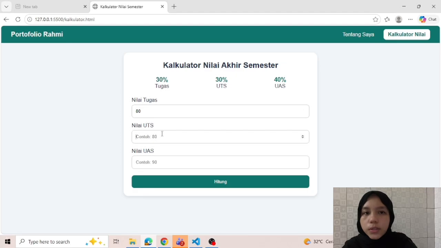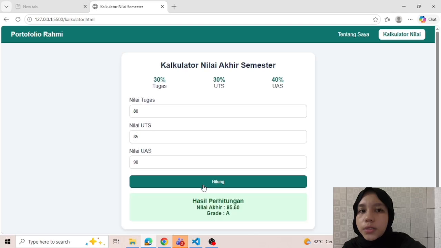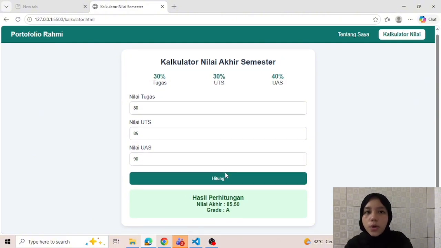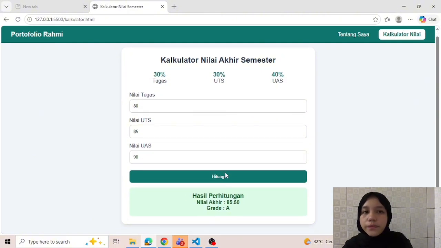After clicking the calculate button, the program processes the data using the formula that has been defined in the JavaScript code. The formula used is assignment score multiplied by 30% plus midterm score multiplied by 30% plus final exam score multiplied by 40%.